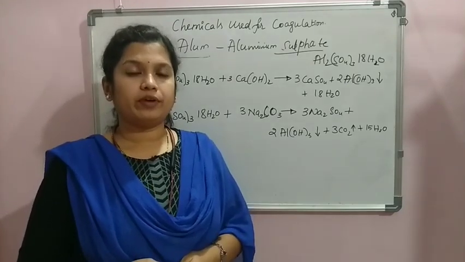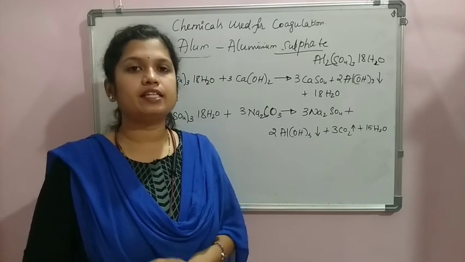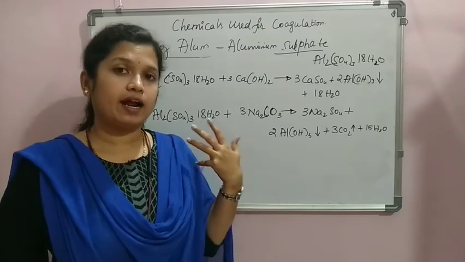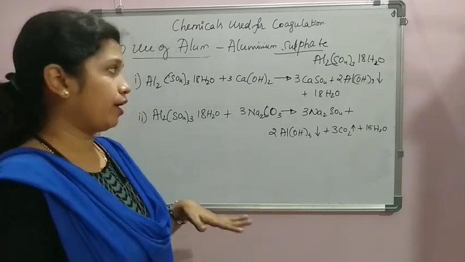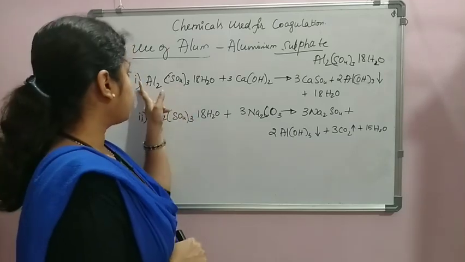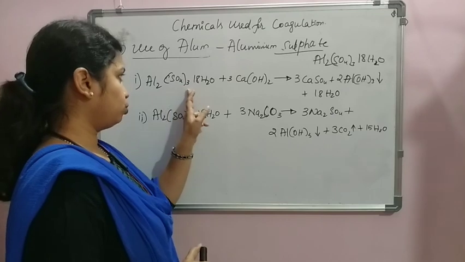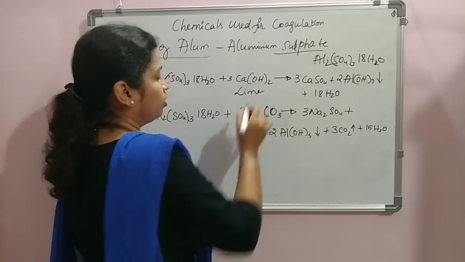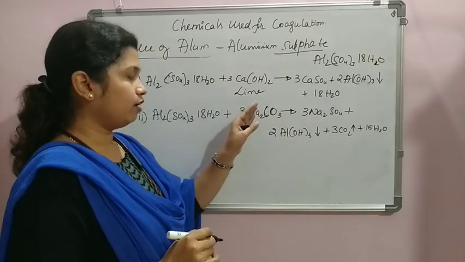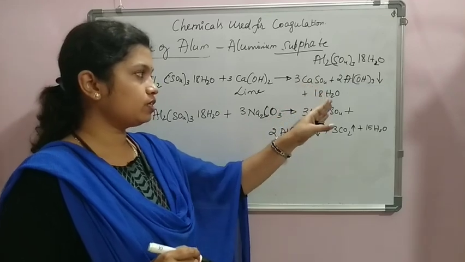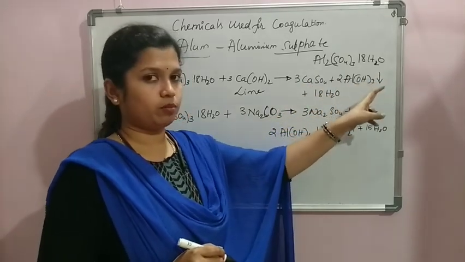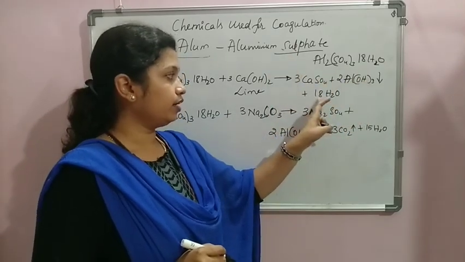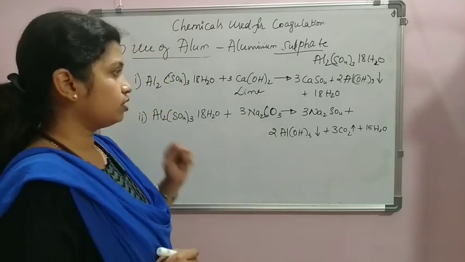Whenever the raw water available is not sufficiently alkaline, we will be adding external alkaline materials like lime or else soda ash. Whenever we are adding that into the water for coagulation, the reactions will be like this. This is the chemical formula for the alum, Al2(SO4)3·18H2O, plus Ca(OH)2, which is the chemical formula for lime. So the alum reacts with the lime and gives rise to calcium sulfate and aluminium hydroxide, which readily settles to the bottom, and successfully we can create the floc material. And here it is 18H2O, the remaining things in the reaction.